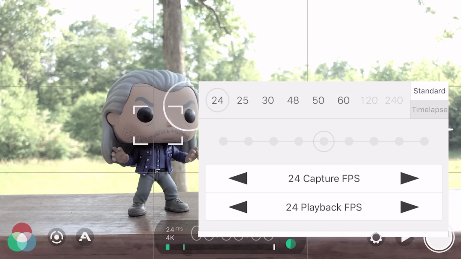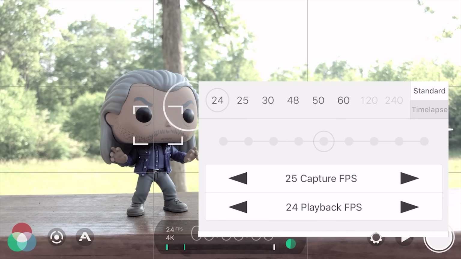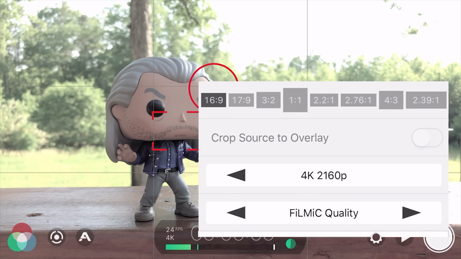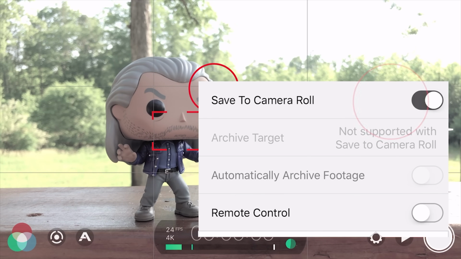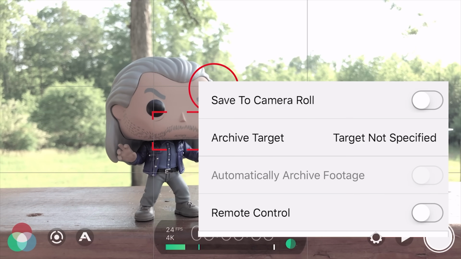You'll notice that the higher frame rates are grayed out here. That's because we are shooting in 4K, which does not allow for higher frame rates. If we wanted to film in 120 frames per second for slow motion, we would need to go back to the resolution menu and lower our resolution to 1080p to access these higher frame rates. Another important setting here is allowing the app to save your files directly to your device's camera roll. Click Device and turn this setting on if you want to save footage captured with the FiLMiC Pro app directly